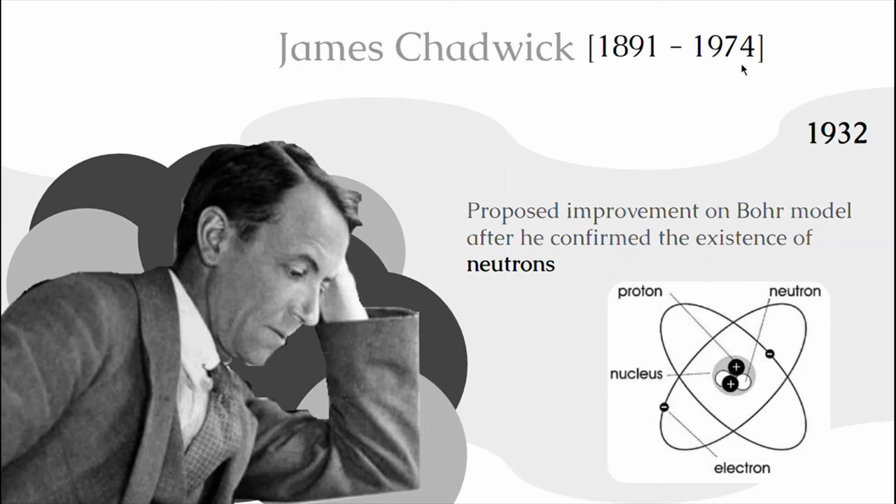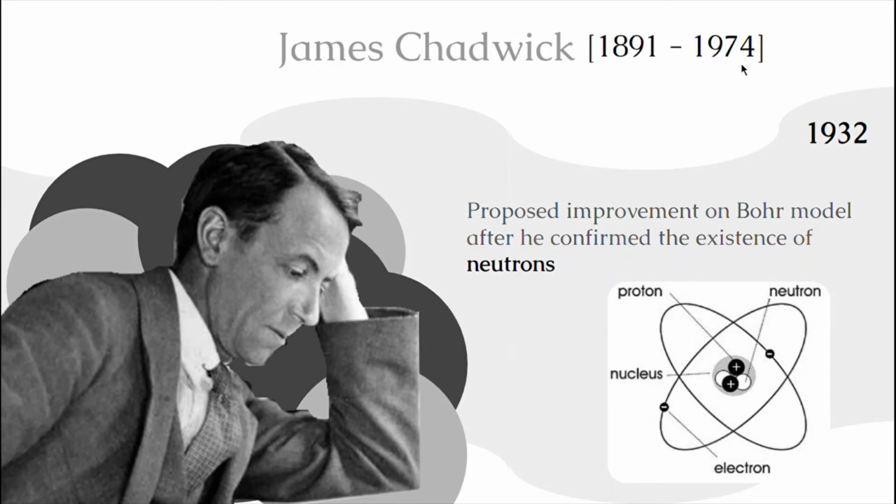And then we have James Chadwick. So up until Bohr's model, the nucleus was thought of as just positive, so full of protons or whatever. And this was fine until he and some physicists noticed that the mass of the nucleus was much larger than the amount of protons it should have. In other words, the amount of protons that balanced out the charge of the electrons did not account for the entire mass of the nucleus.